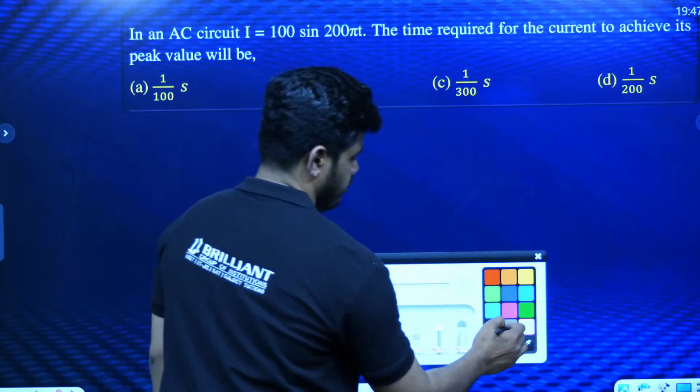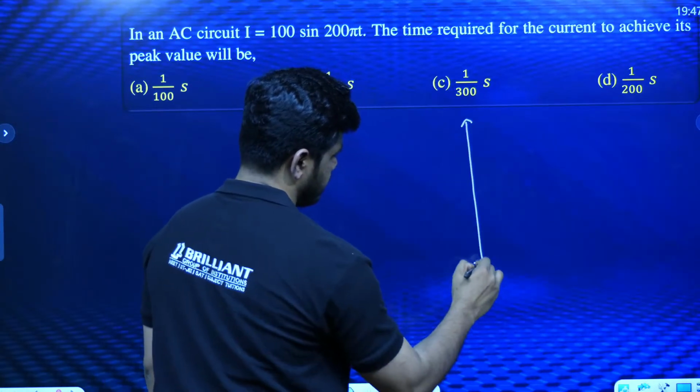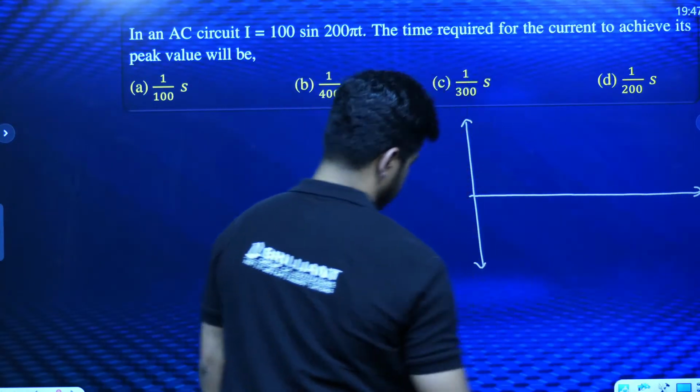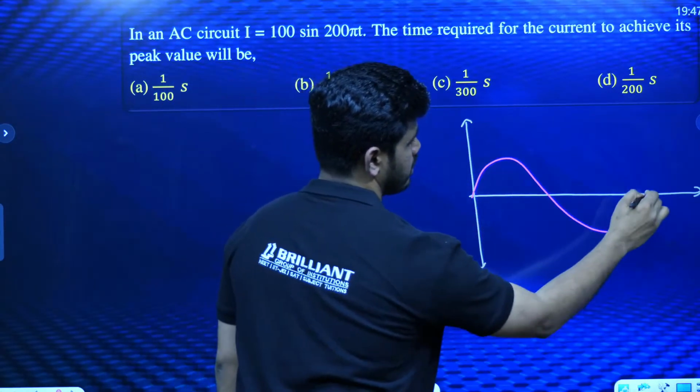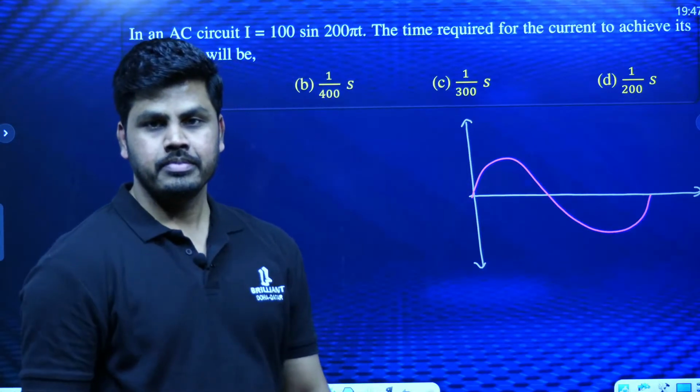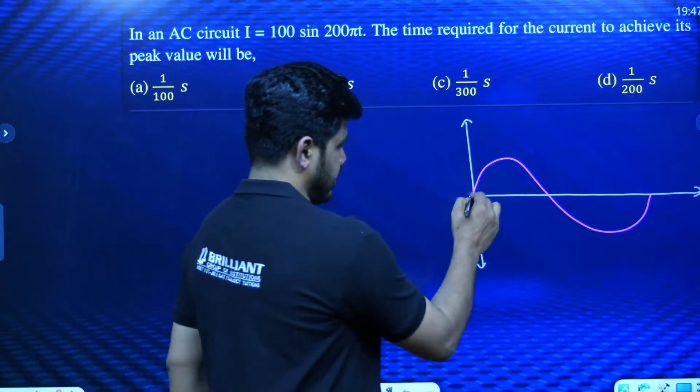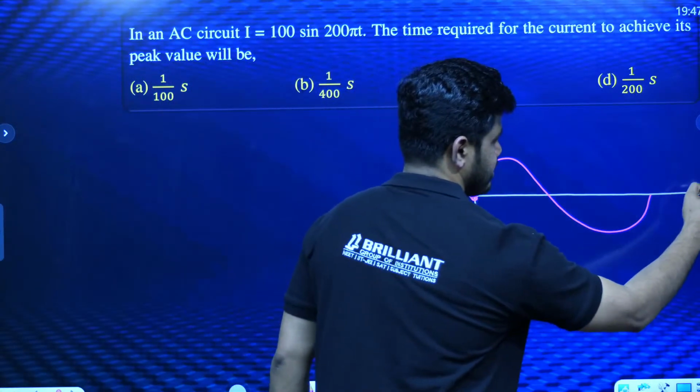See, we know how AC can be represented. If it is varying as a sine function, this is how one complete cycle can be represented, right? Starting from t equal to 0, if you have taken t along the x-axis,